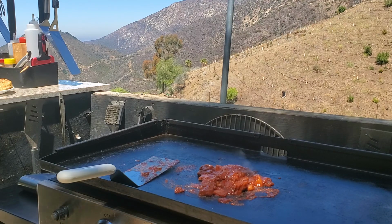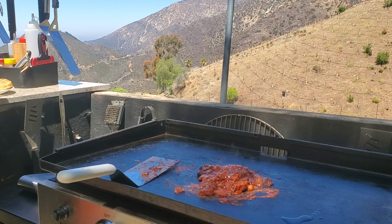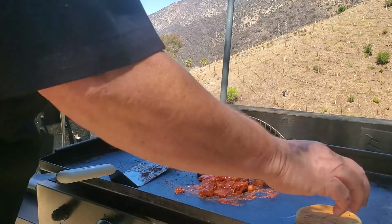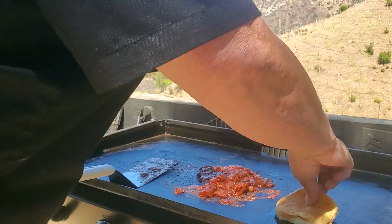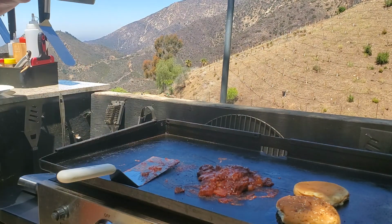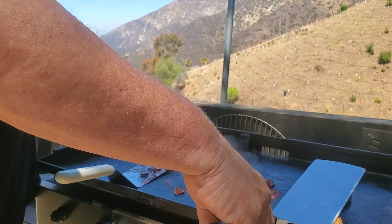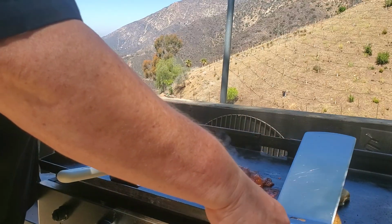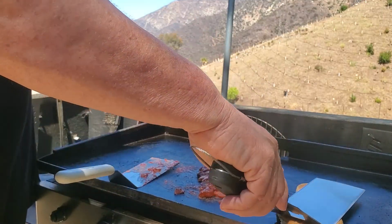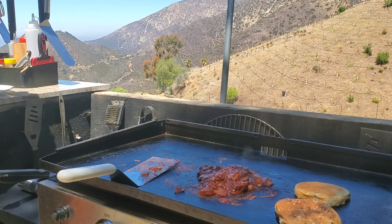And I want toasty buns today, so we'll just spread a little Earl and get our buns on the run. And I'm gonna use my spatula to push down a little bit. Thank you to an alert YouTube viewer who suggested pushing down on your buns with your spatula, and it helps get them